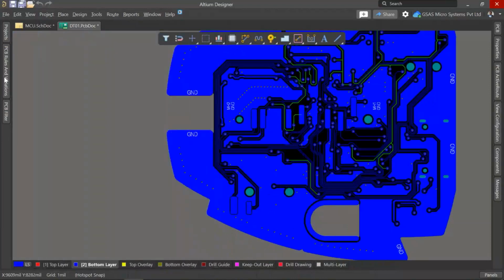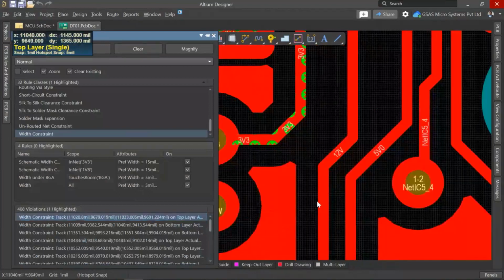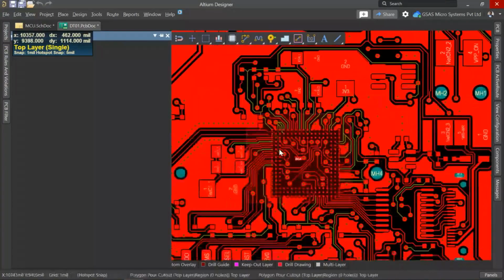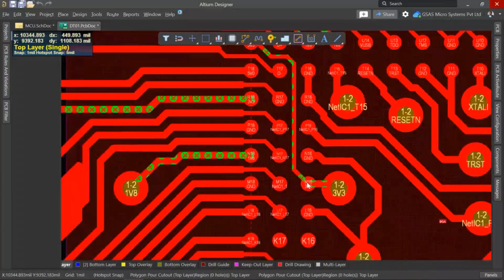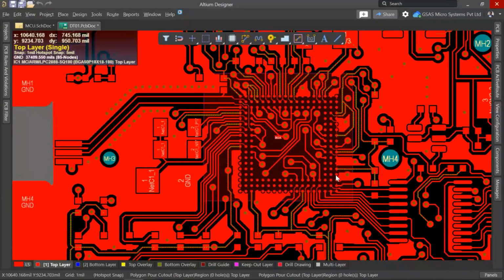I'll show you. Yes, top layer. If you take a close look here, as I told, we have got one BGA. Under the BGA we have placed one room. Room in Altium Designer helps you to place on a space where you want to follow specific design rules. Let us say if you take an example of BGA, we want to maintain a specific clearance rule and specific width rule inside the BGA. And outside the BGA you want to follow your desired rules.